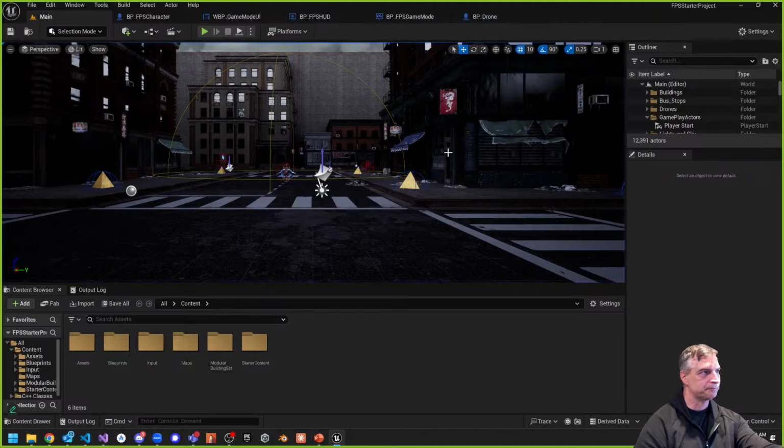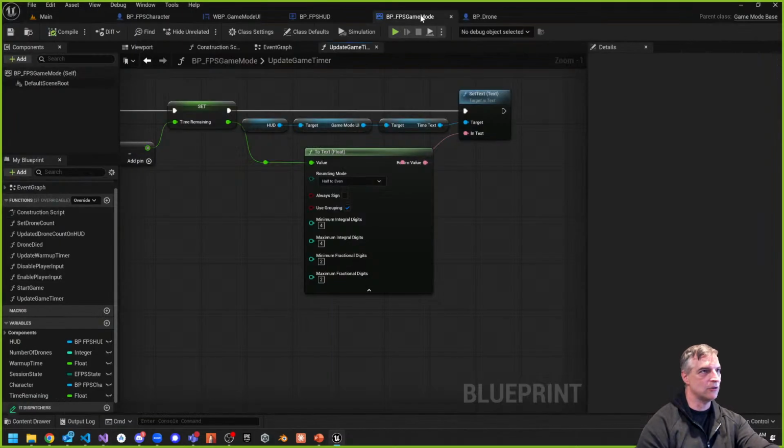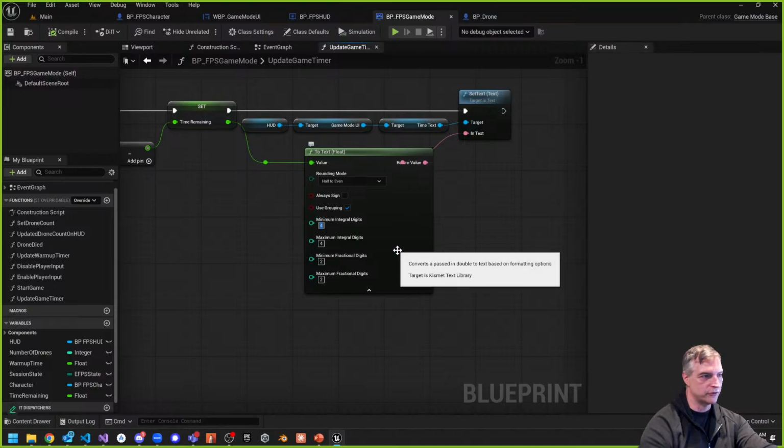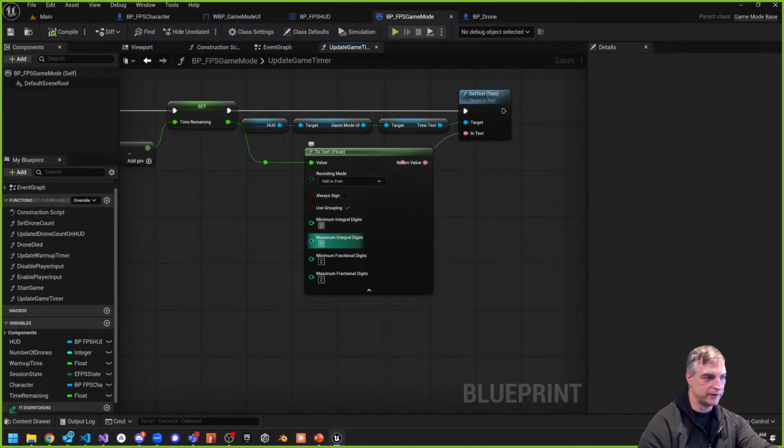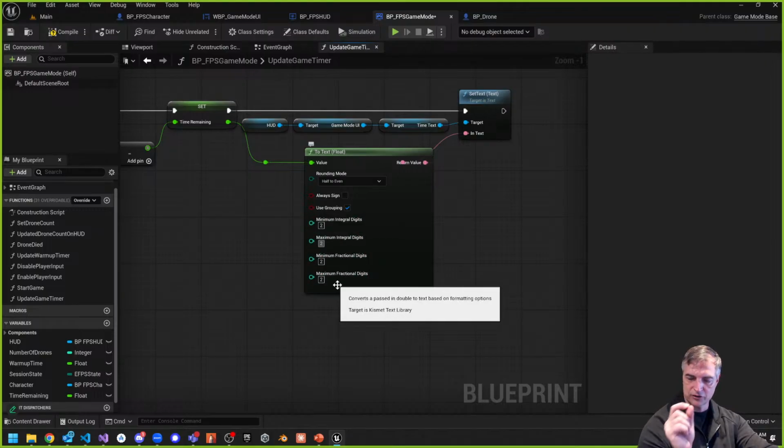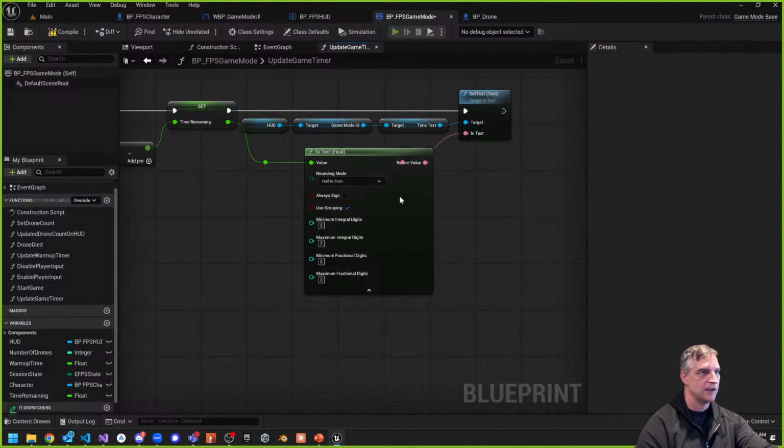All right, so back to the code. So this should be 2 as well. So 2 digits before the decimal point. That's what this is. And 2 digits after the decimal point. I'm making all these the same because it's going to show the same thing over and over again. Let's try this again. I'll do that from here. So again,